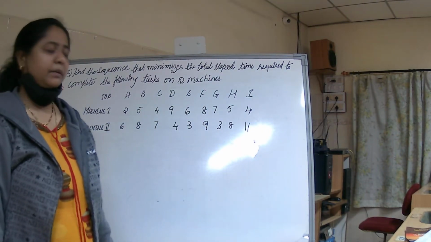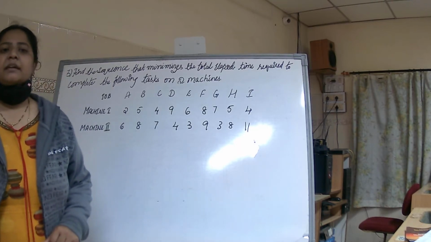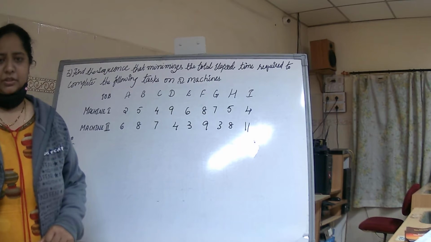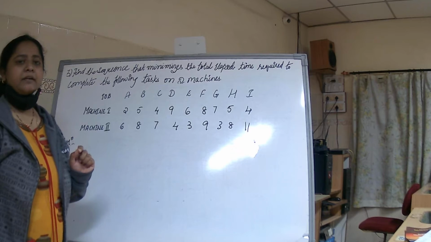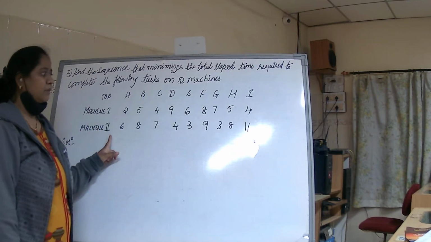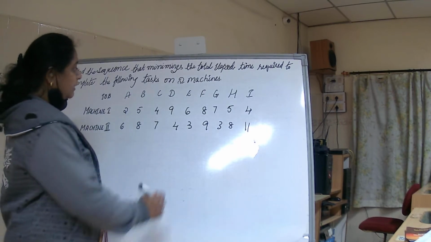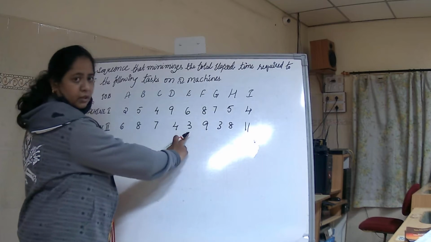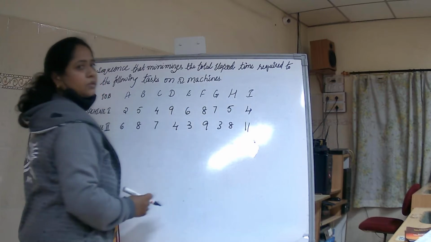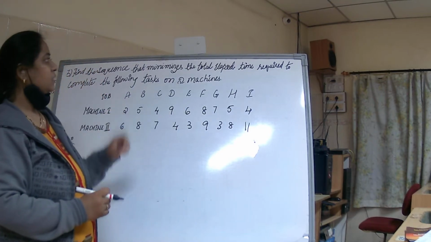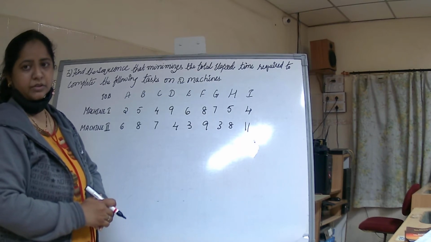Today I'm here to present the second problem in sequencing, which is n jobs through two machines. As you can see, there are two machines. We're going to work on the second problem. Here I have taken the same problem, but if the process values remain the same, can you see here 3 and 3, both the process values are same, and 4, 4 and 4. So whenever the process value remains the same, how are you going to solve the problem? Okay students, so let's start.